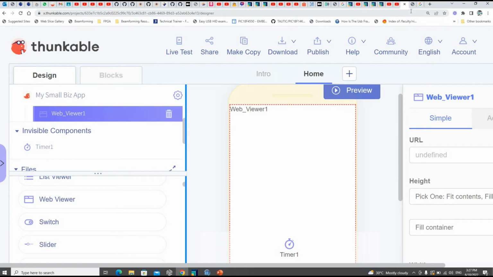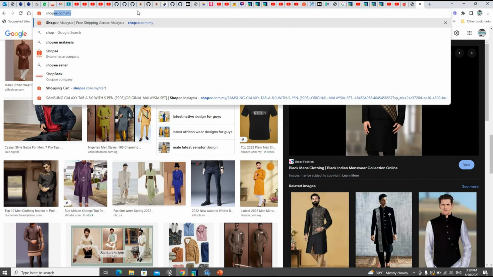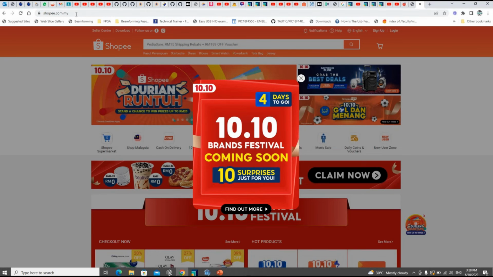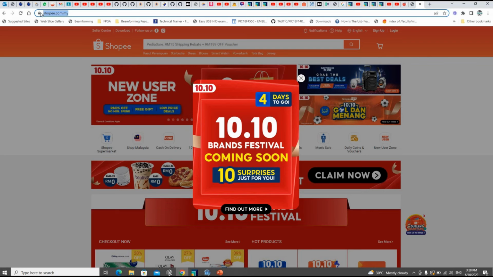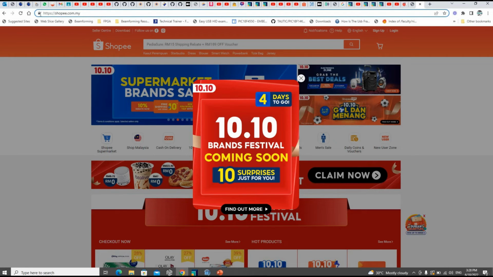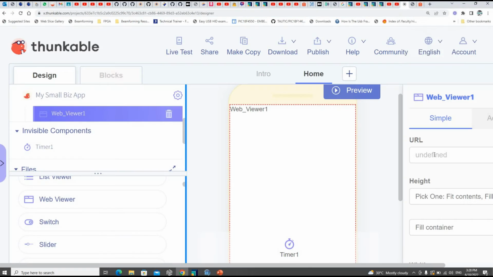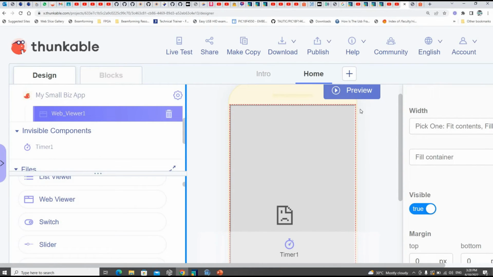Okay, so web viewer, let's say, just for the sake of example only. Let's say I'm just going to use Shopee. The Shopee URL, let's put it here. So web viewer, when you actually put it in,